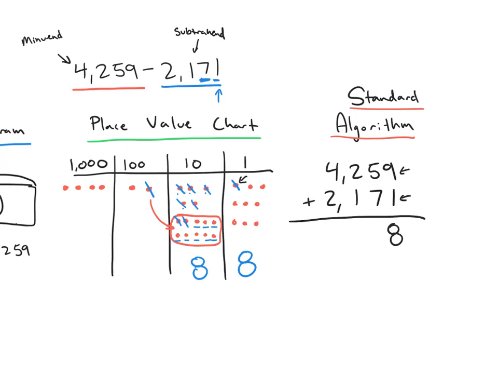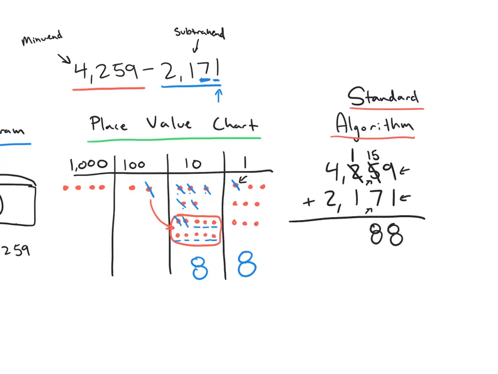So since we have 5 tens and we need to get rid of 7, we don't have enough. So I'm going to decompose one of my hundreds, which leaves me with 100 left over. And then since inside that 100 is 10 tens, I'm adding 10 tens to my previous 5 tens, so I have 15 tens. And now I have 15 minus 7 tens, which is 8 tens. So a little bit different, but we're showing that decomposition by reducing one of the hundreds and adding 10 tens